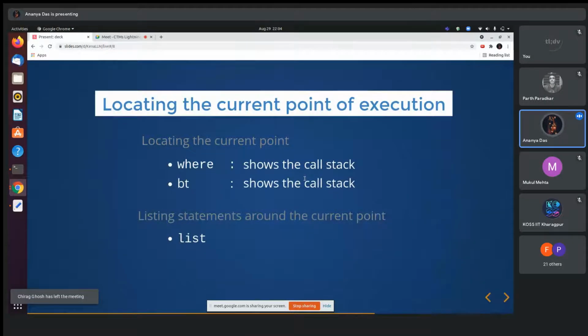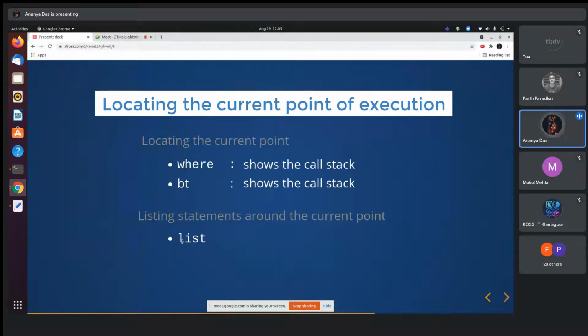So this is a little important. Sometimes what happens is, especially when there are recursive programs, you find yourself deep into a function which has been called recursively, and this is where the where command or the backtrace command, if called, will give you the entire call stack, like all the functions that have been called so far. So let's say you have a very long code which has like 50 functions which call each other arbitrarily. After some time, when you're deep into the code, you want to know how you got into that place, and how the functions called each other till there. You can just give the command backtrace, and you will get the entire call stack over there.